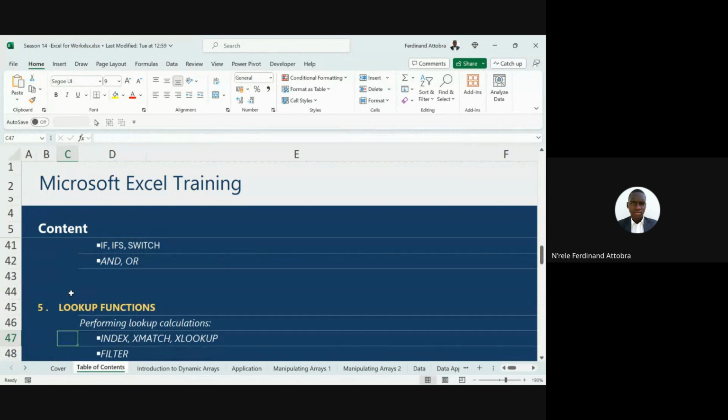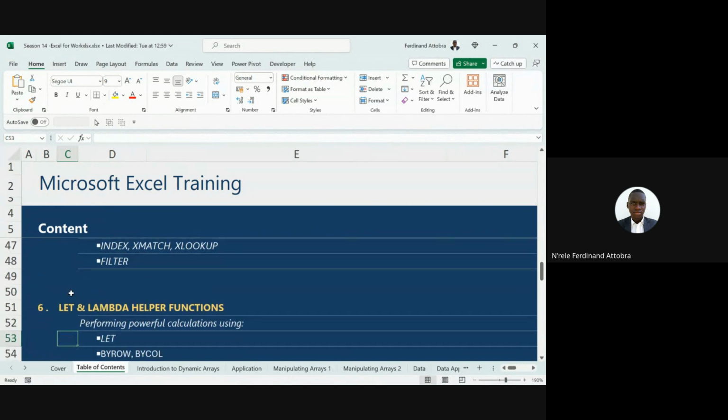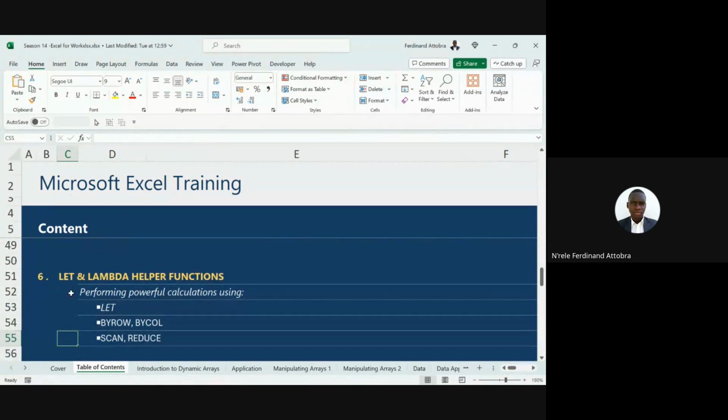And then we jump into our lookup functions. So index, x match, x lookup, and filter, okay, for the lookup functions. And after that, we move to, that's where we are going to end, how to perform powerful calculation using let and the lambda helper functions. The lambda helper functions that we are going to learn are by row, by column, scan, and